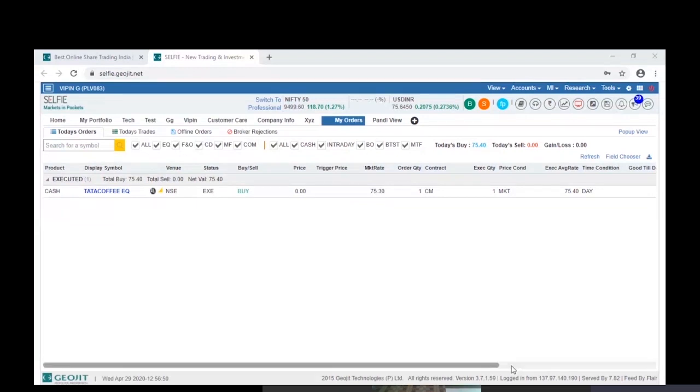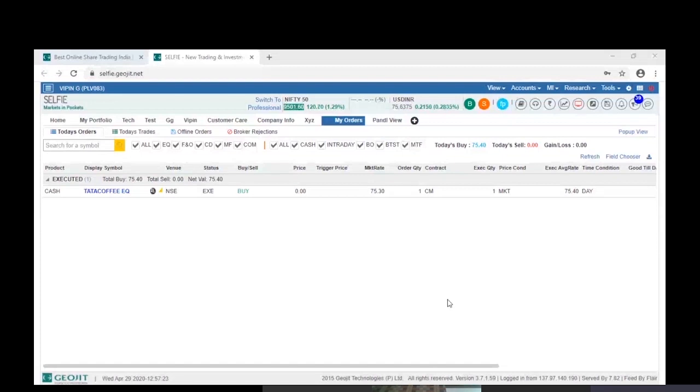We will share the mobile app window also in the coming sessions. Whatever I have shown here, the limit order, the market order or the stop loss order, remains the same even in the mobile app. Even if you go through the order window, it remains the same. In the further webinars which we have planned in the coming days, we will go for the mobile app sharing also.